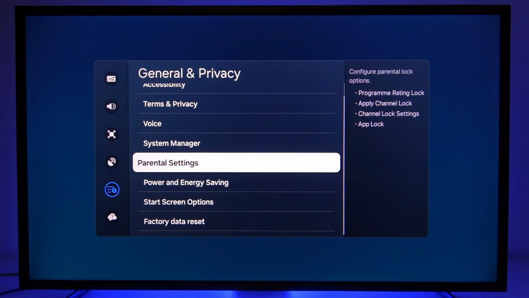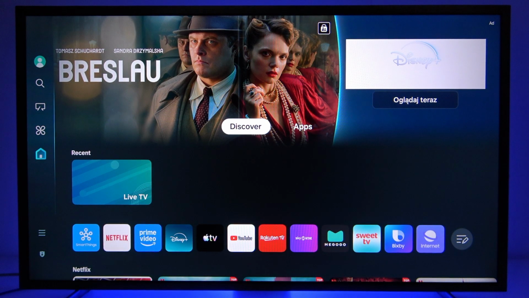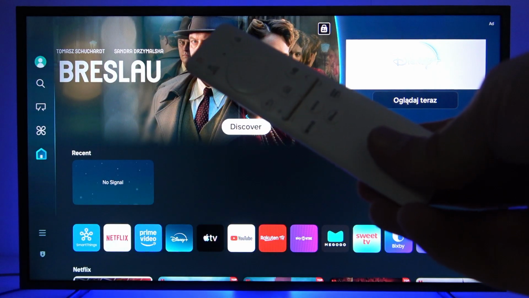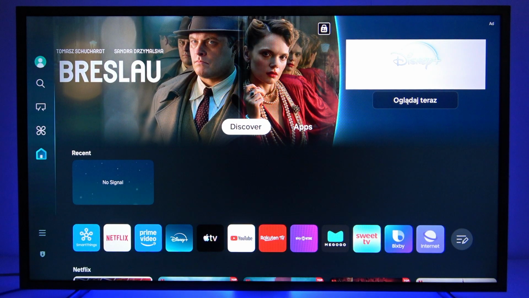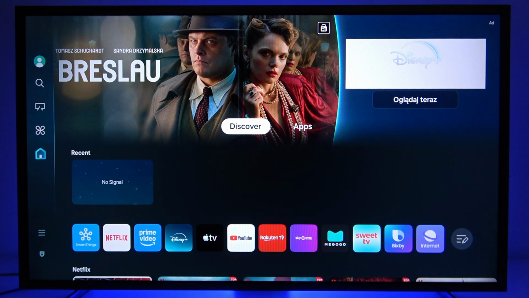But if you still have this issue on your TV, even after a longer time of waiting, then you can try to perform the factory reset operation through the service mode. Now this is not an easy thing to do if you have the original remote control like this one, because you cannot do it with it. So you're going to have to get yourself an Android smartphone that supports infrared communication with the TV, so that you can install a remote control application from the Play Store,